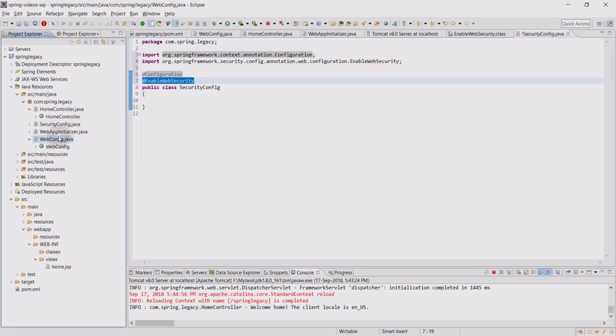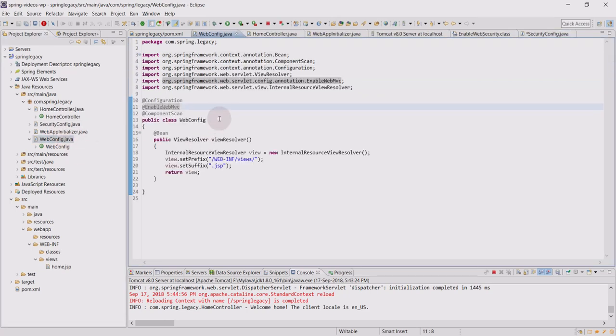Again, going back to our discussion of Spring MVC, if you want to add or override the defaults provided by enable web MVC, if you remember the theory, we extend this class with